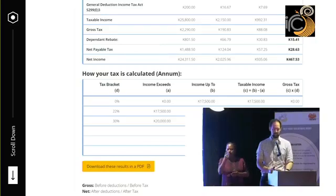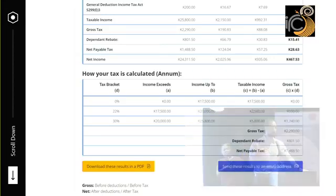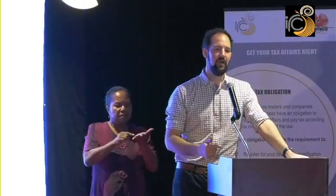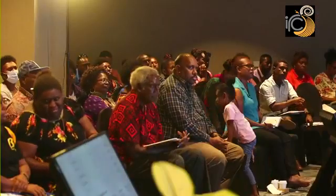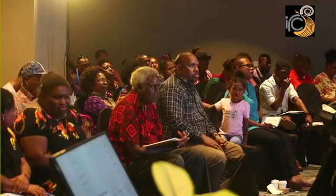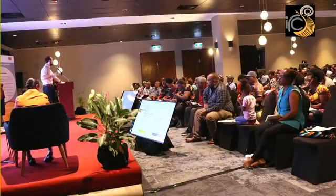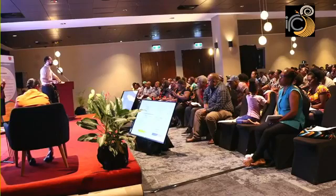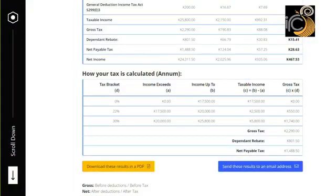Now, one of the other exciting things, which plays into what has been covered over the last couple of days, especially GST calculations and SWT calculations, whatever it might be: we're in final testing of our first calculator that we're putting online to make it easier for individuals and taxpayers to perform their own calculations. This is a small example of the salary and wages tax calculator, where you put in the number of dependents. If they're a resident, they can have dependents; if they're a non-resident, they can't. You put in the variables and the amount of their salary, and it will spit out exactly, and this is a simple tax calculator, I must add,